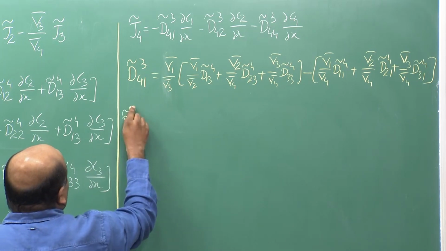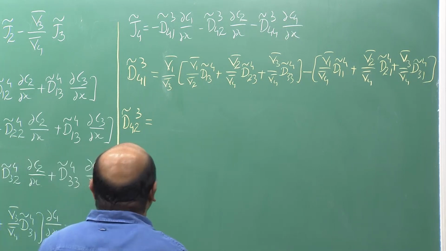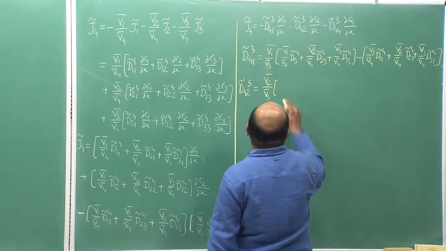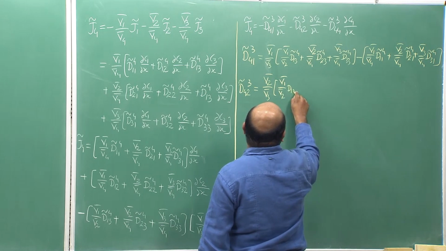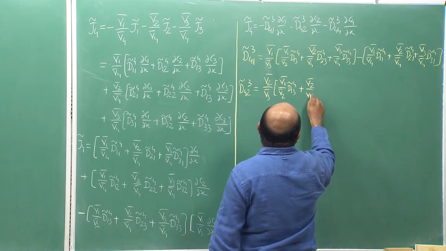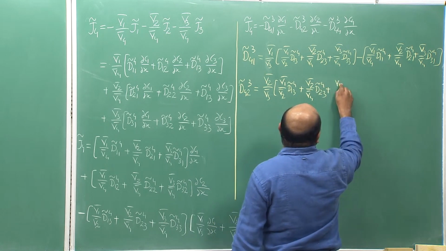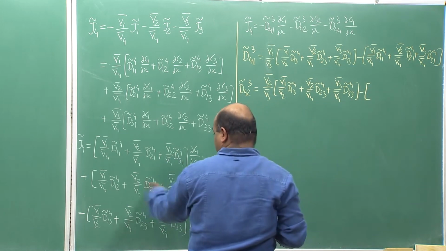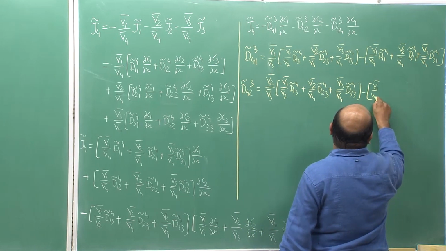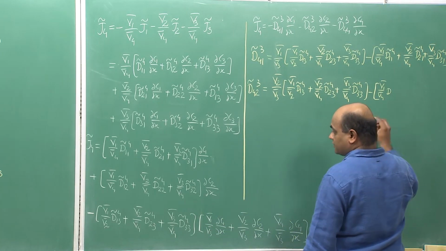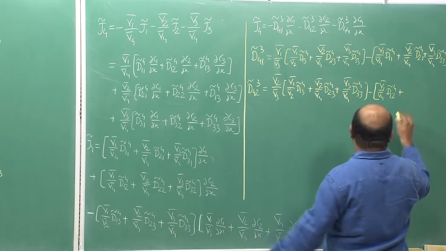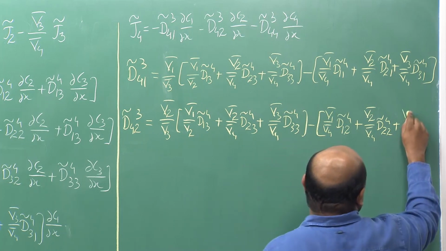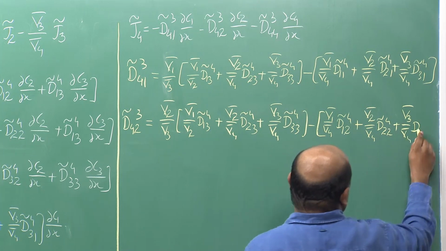Similarly, D42 tilde 3 should be equal to V2 bar by V3 bar times this bracket again, V1 bar over V2 bar D13 tilde 4 plus V2 bar over V4 bar D23 tilde 4 plus V3 bar over V4 bar D33 tilde 4, minus this one: V1 bar over V4 bar D12 tilde 4 plus V2 bar over V4 bar D22 tilde 4 plus V3 bar over V4 bar D32 tilde 4,